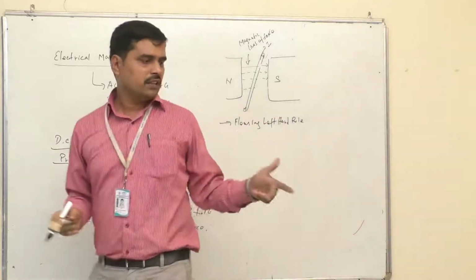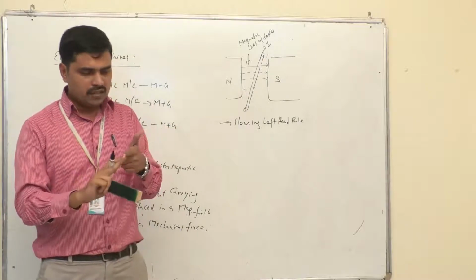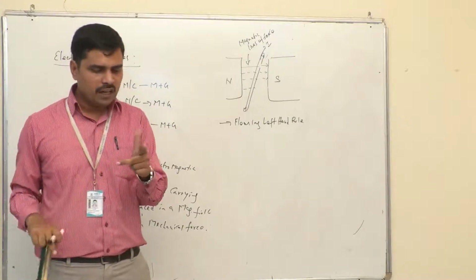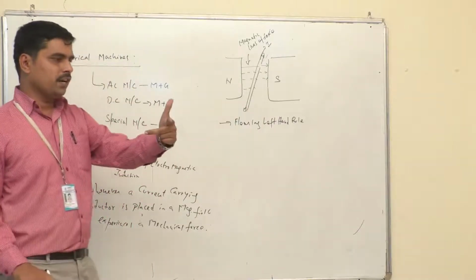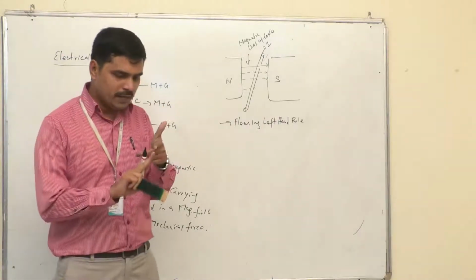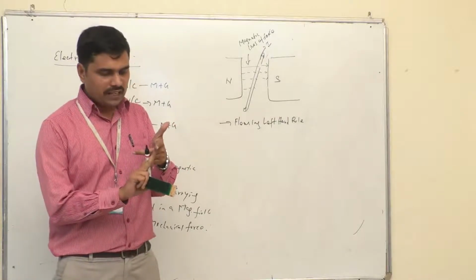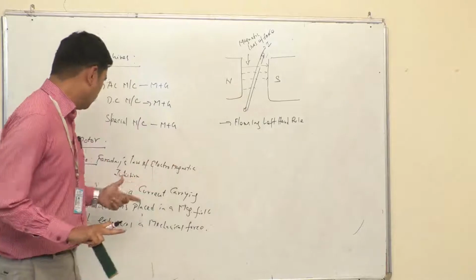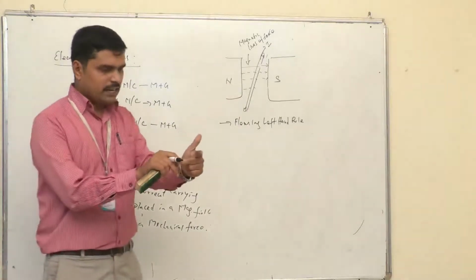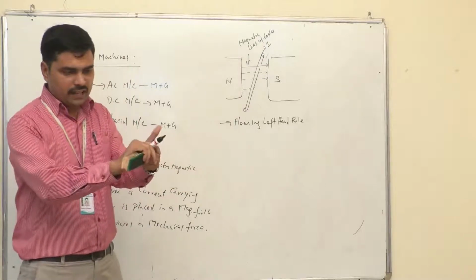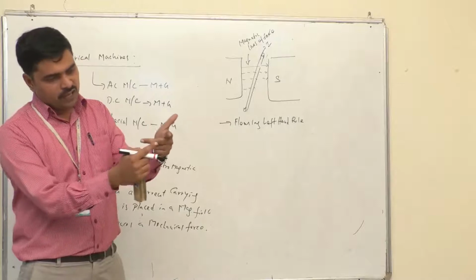The three fingers are kept perpendicular to one another: the middle finger, the forefinger, and the thumb. All are kept at 90 degrees to one another. You see that all are kept at 90 degrees, because only then is the cutting of fluxes possible. Only when there is cutting of fluxes will there be rotation. If a current carrying conductor is placed in a magnetic field, both are perpendicular to one another, that is the middle finger and forefinger.